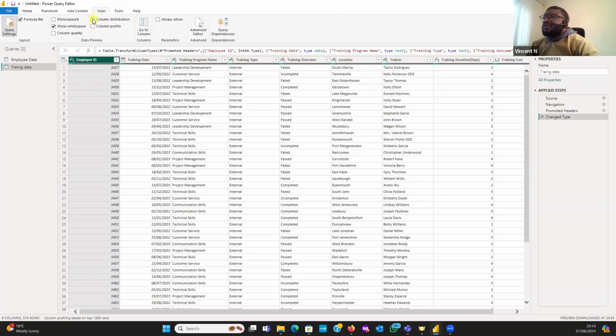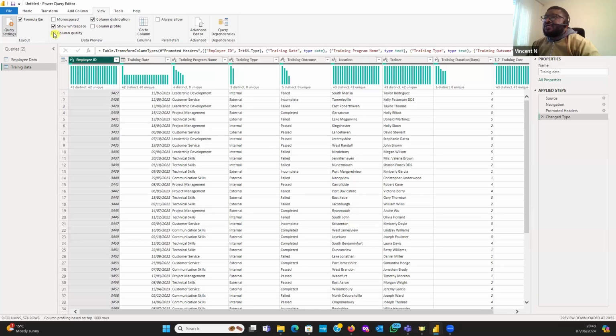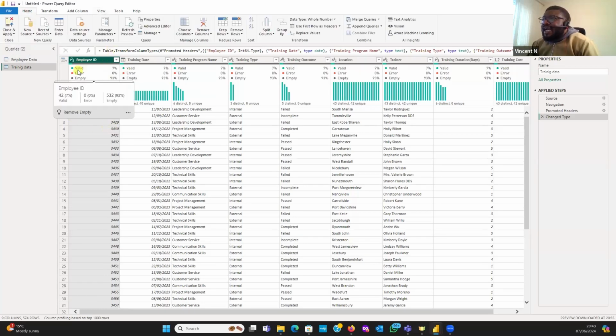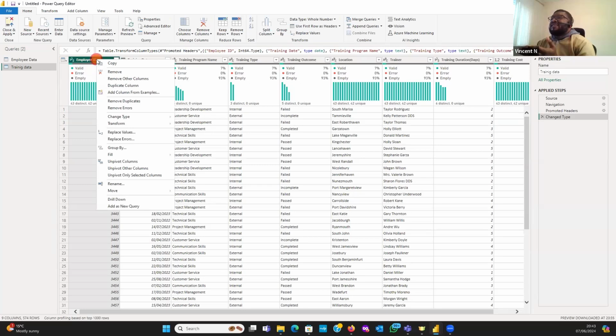So I'll just go back to what I had before, my column distribution and my column quality. It says 7% valid, which is the green, like I said, and then empty is 93%, right? So that's where the problem is. We have 93% empty rows and 7% valid rows. So what I can do in this instance is to just right click my column here, right? And remove,